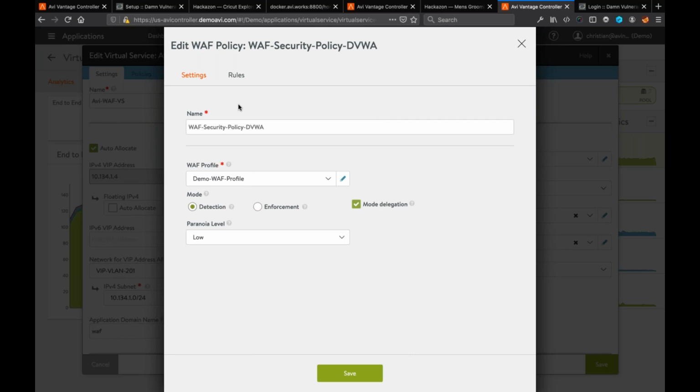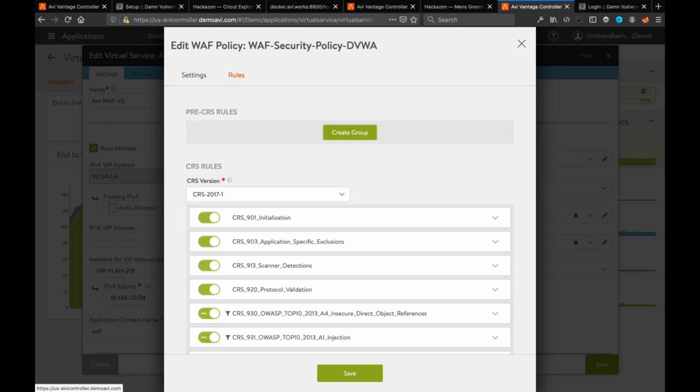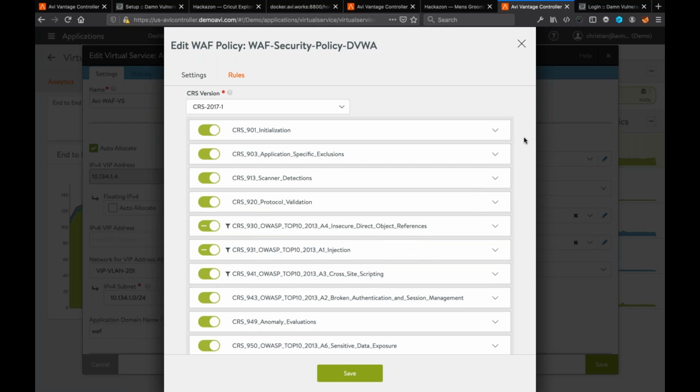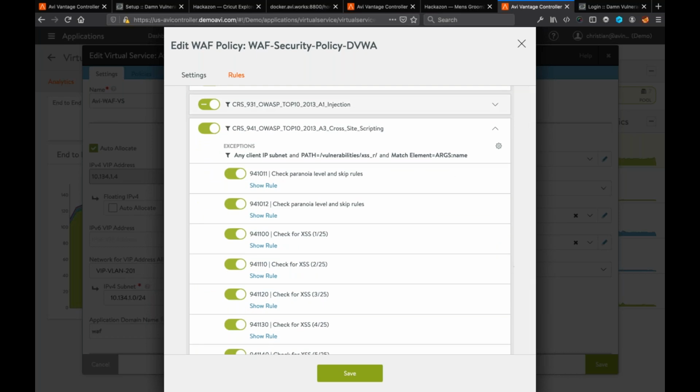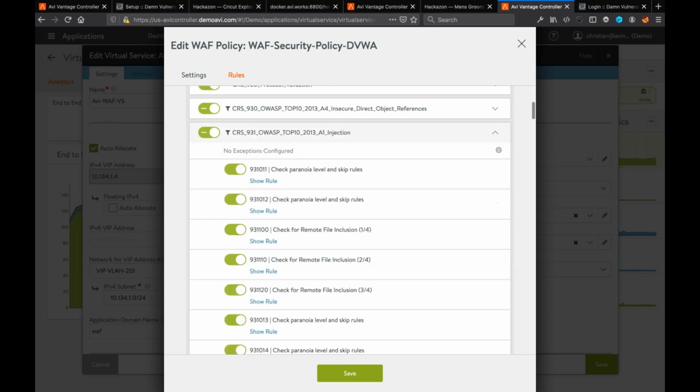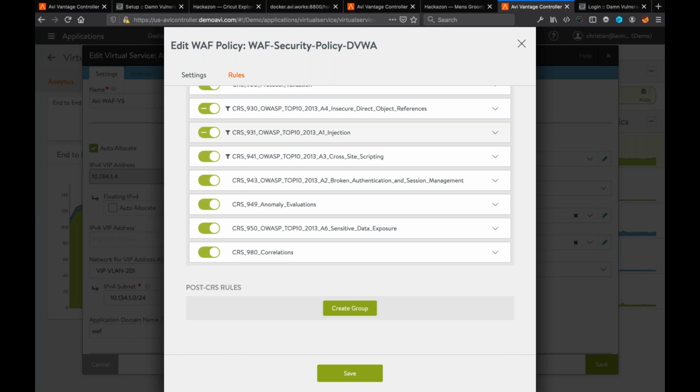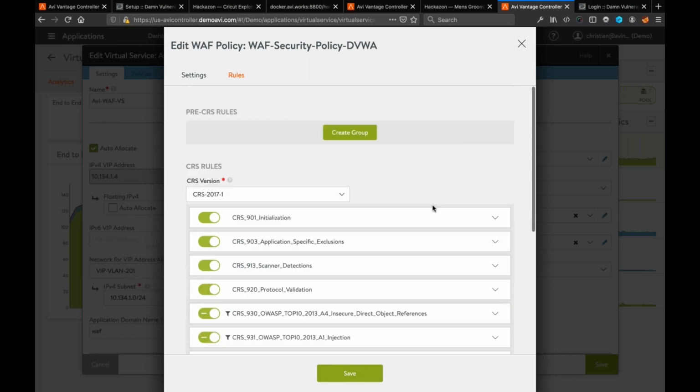And then the rules will actually have the actual signatures, and we have lots of those that will look for specific attacks here. This is the cross-site scripting one, and you have all kinds of injection. And these rules will then look for, for example, SQL injection. And in case we find a false positive, we can very easily tune them. So you always have the possibility to have custom rules as well, before the core rule set or after, that's up to you.